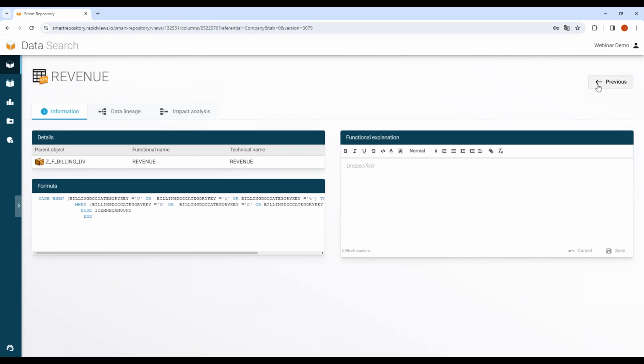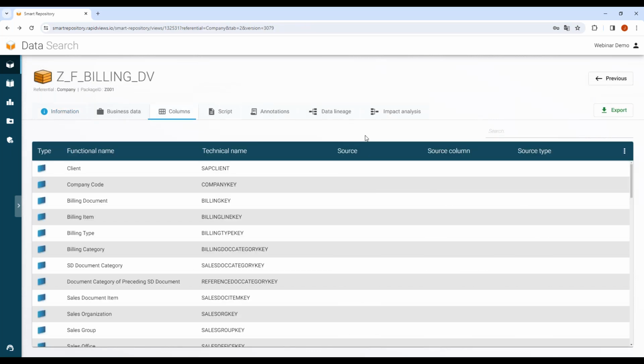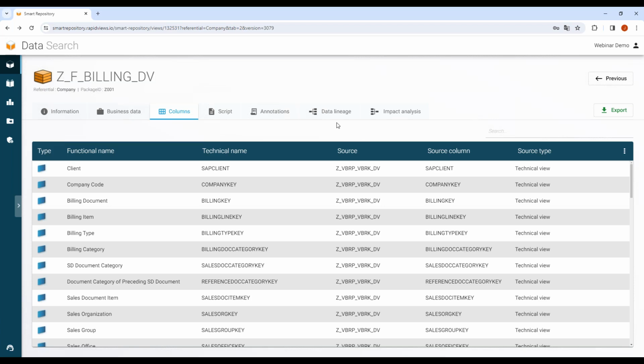So we centralize any business rules from any CDS views. Yes, exactly. And we can see if the field is directly propagated from an SAP table, or if the field is updated by a formula. By a formula, yeah. So we centralize every business rule that has been built within the CDS view.